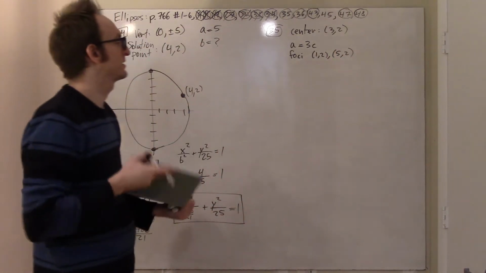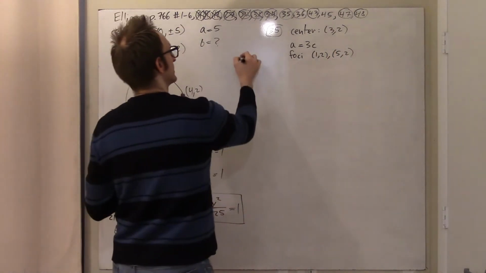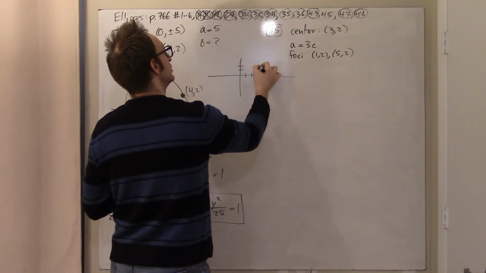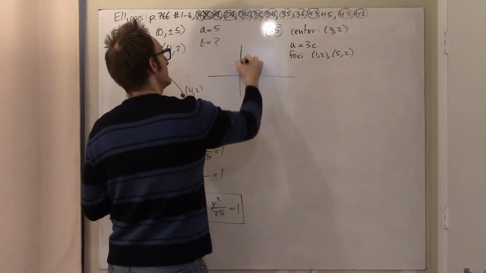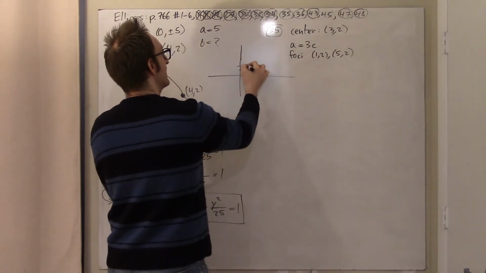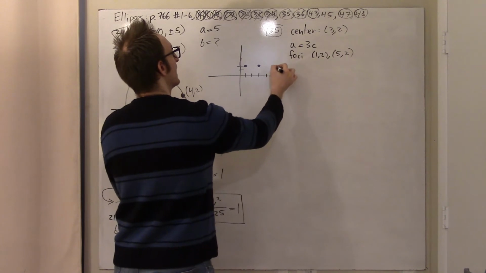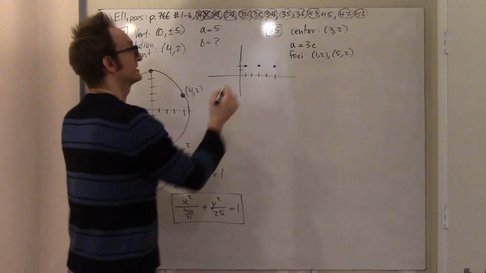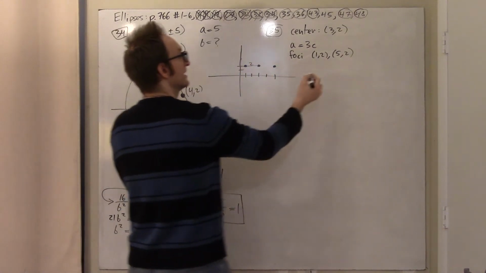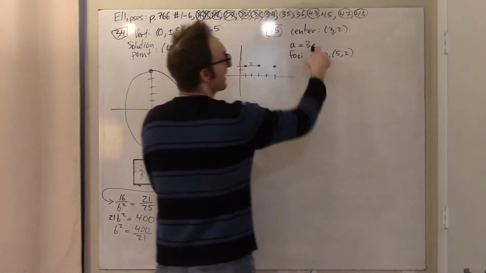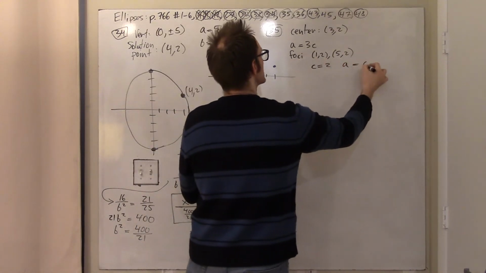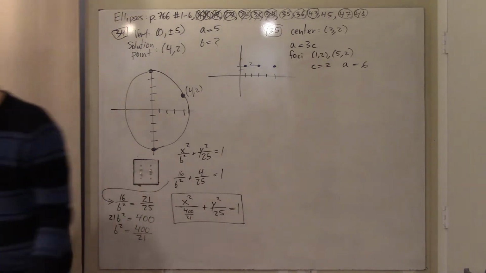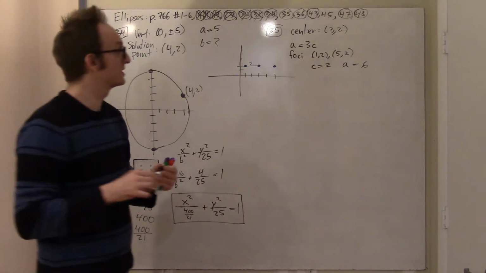Well, always the thing to do is to make a picture. So I make a picture over here. 3, 2, boom, that's my center. Where are the foci again? They're at 1, 2, and 5, 2. Therefore, this distance is just 2, and therefore C is just 2. And by the way, if C is 2, then A is just 6, and then there's really just not much to this problem then, because